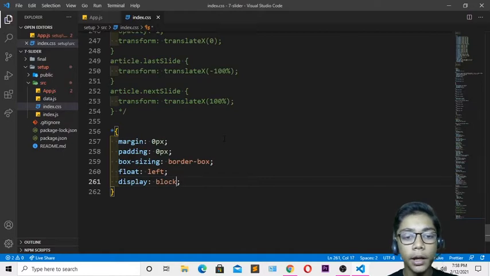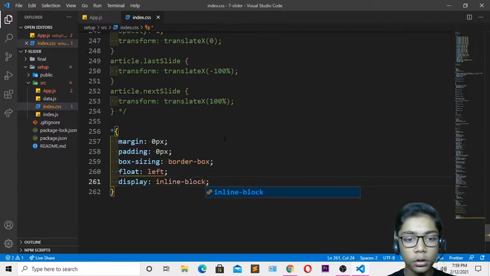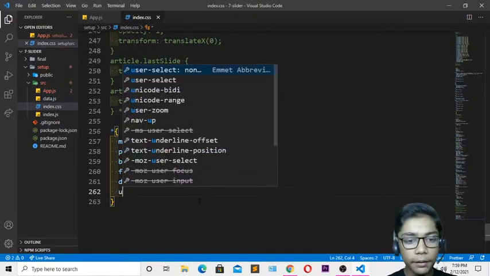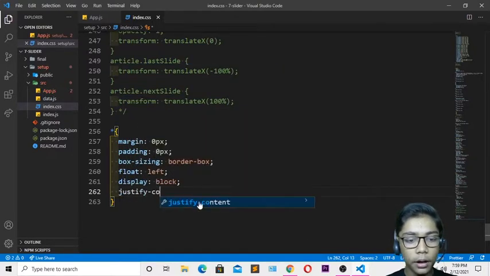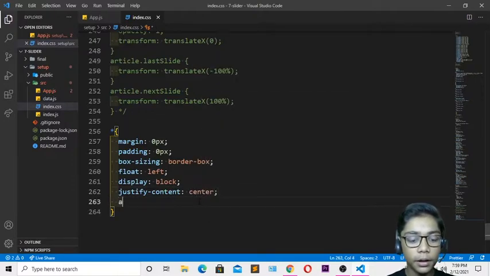If I just show you by writing this, so come over here and write inline block. So you can see that it is giving the error to our float left because it is having a line over here. If I erase and write block, it will work for you, because block means it will be in one place, but inline block means it will be just in a horizontal line. In one line all the things will just come. So I will be just coming and I will be writing justify content, because I think I need all the things in center. So I'll be writing justify content center. Align items will also be in center, so I'll be writing align items center.